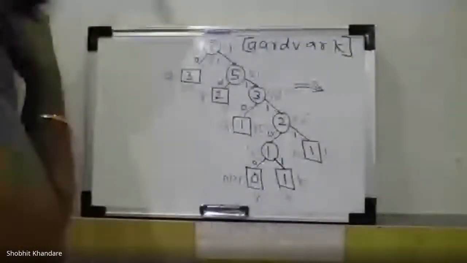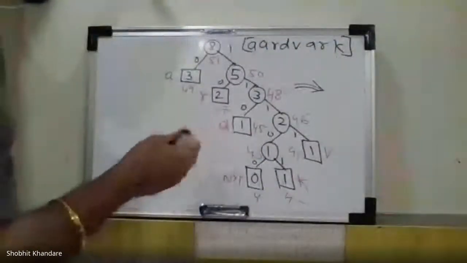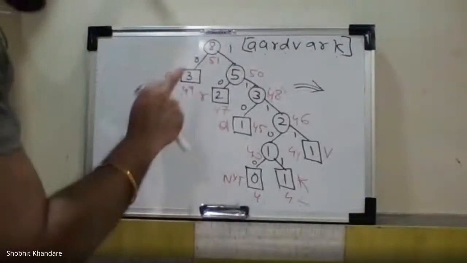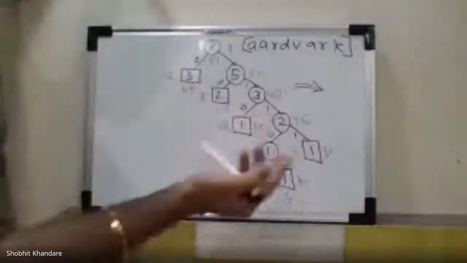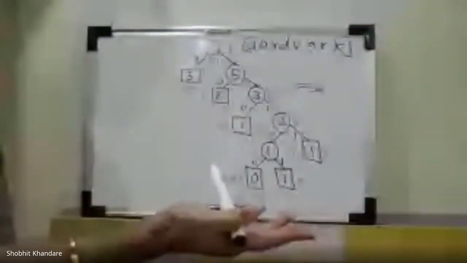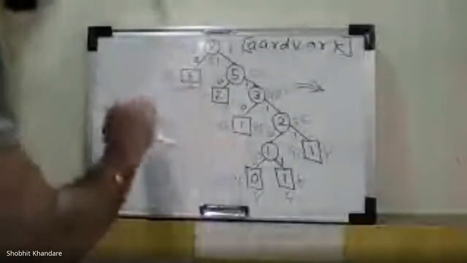Otherwise, if you don't want it in such a manner, every time when you are updating the tree, every time mention the weight, and in the swapping process also you change the weight, that will also do, there is no harm, that is also fine. I'm repeating again, while updating the tree also mention the weight numbers, and during swapping also you swap the weight numbers, that is also fine. Otherwise intermediate updation में weight को मत लिखो, directly final updation tree में you start from 51 and accordingly give the weight numbers. Is it fine?